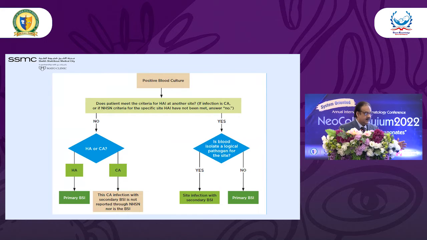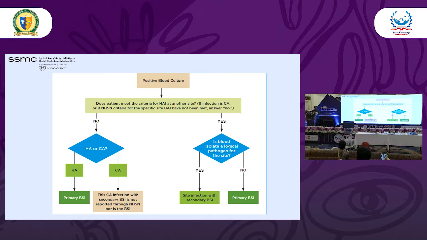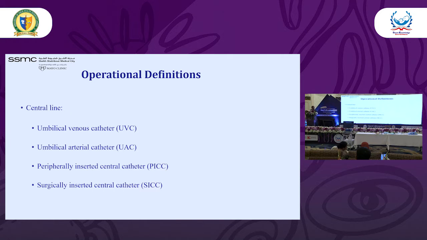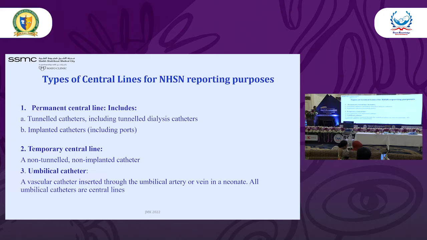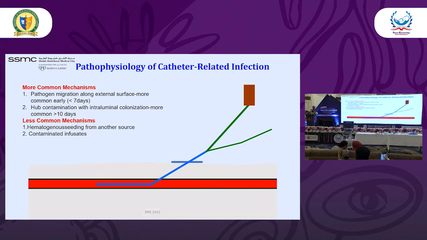So positive blood culture, what you will do, it is healthcare associated or catheter associated, and then go according to your thing, and then specify or define whether it is a catheter related primary or the secondary infection. So the operational definitions we know, the type of the central lines we know. Now, the pathophysiology, you saw this